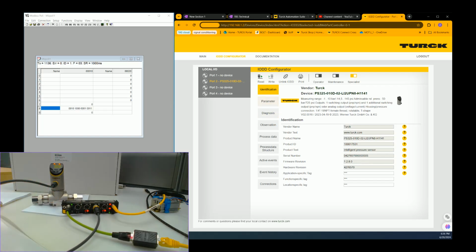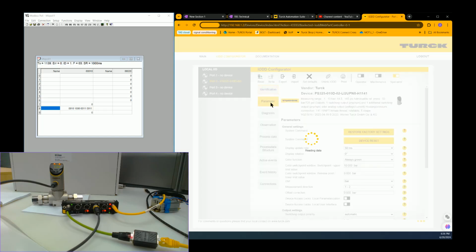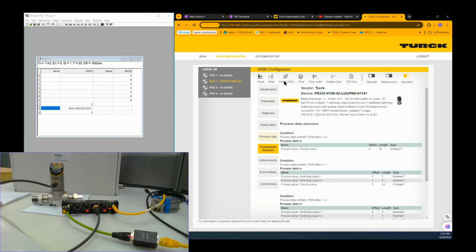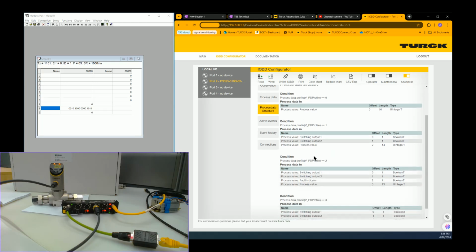Okay, so today we are going to show you what the process data structure looks like and how to get it into your PC or PLC. Right now over here I have shown you this mapping profile of this particular pressure sensor. So the pressure sensor will show you a switching output 1, a fault indicator, as well as the process value. All of this will be mapped into a